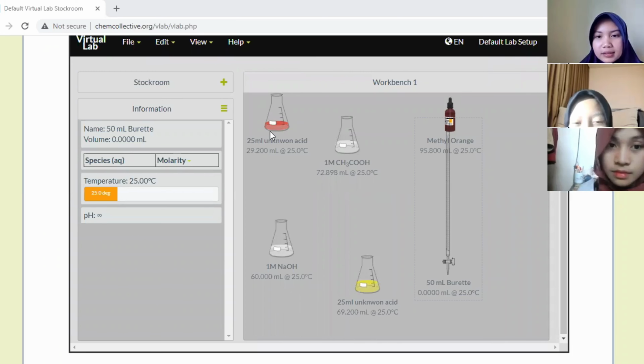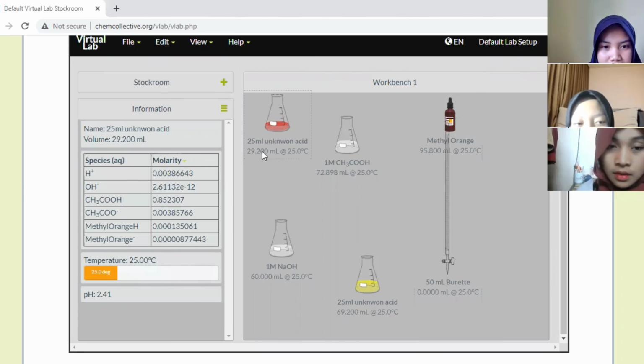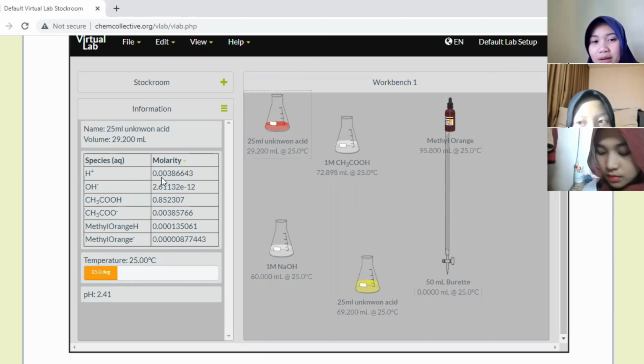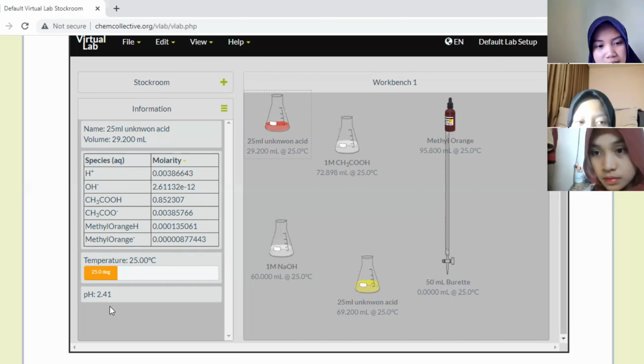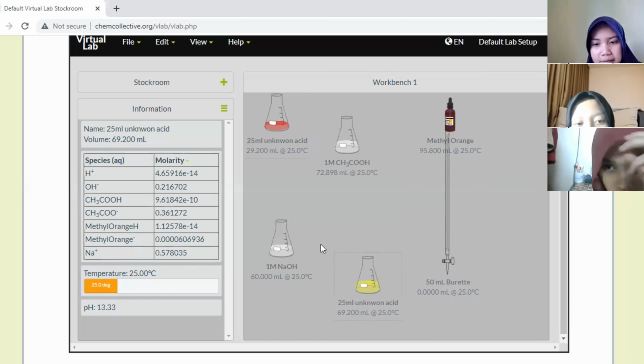So now we can see here the unknown acid, 29 milliliter, and the H plus is 0.003. Add methyl orange and the pH becomes 2.4, and in this one, after we add potassium hydroxide 40